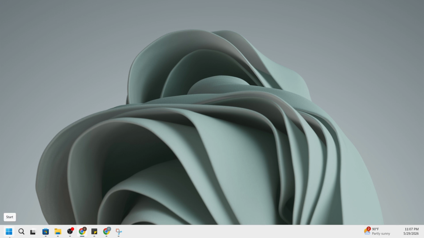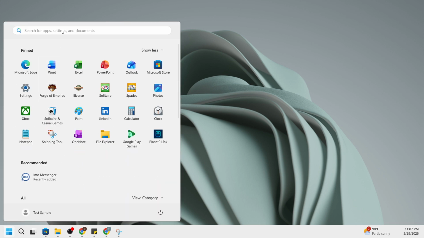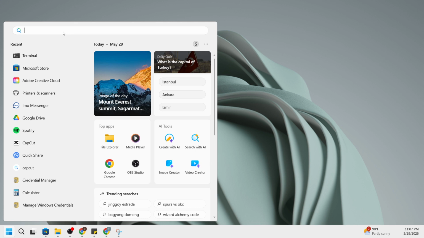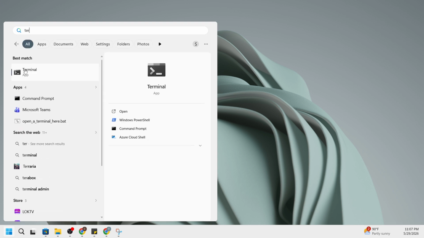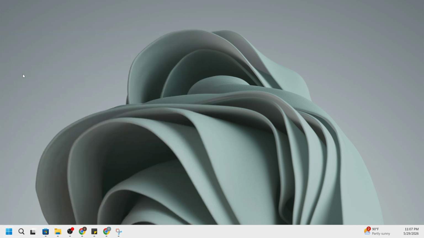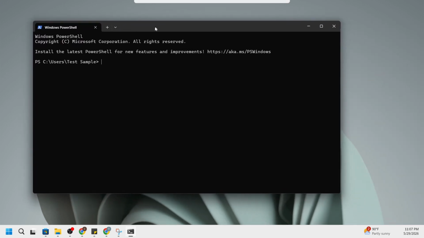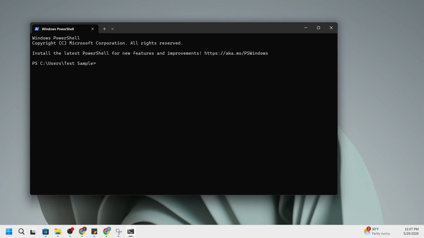We'll start by opening an elevated command window. Right-click the Start button in the lower left corner of your screen. If you prefer the keyboard, press Windows and X together. From the menu that appears, choose Terminal Admin. On some systems, you may see Windows PowerShell Admin instead. Either option is fine as long as it says Admin. This elevated window gives the command the permissions it needs to repair system apps like the Microsoft Store.